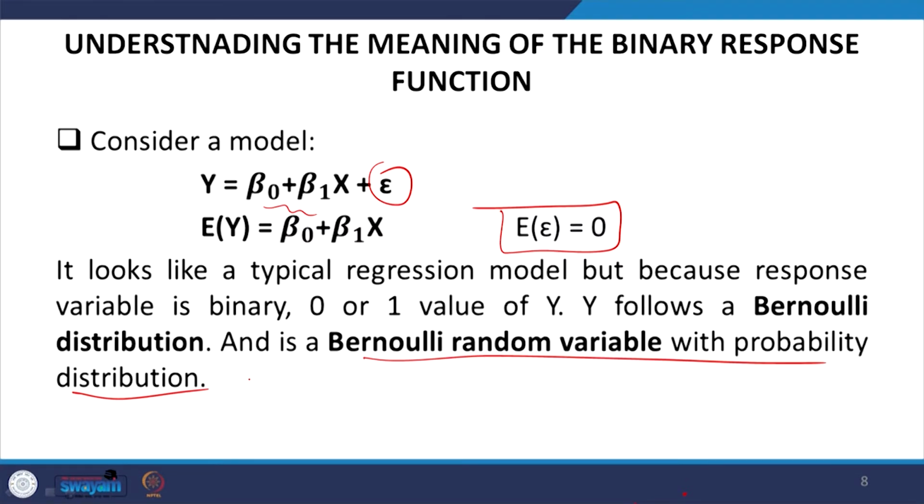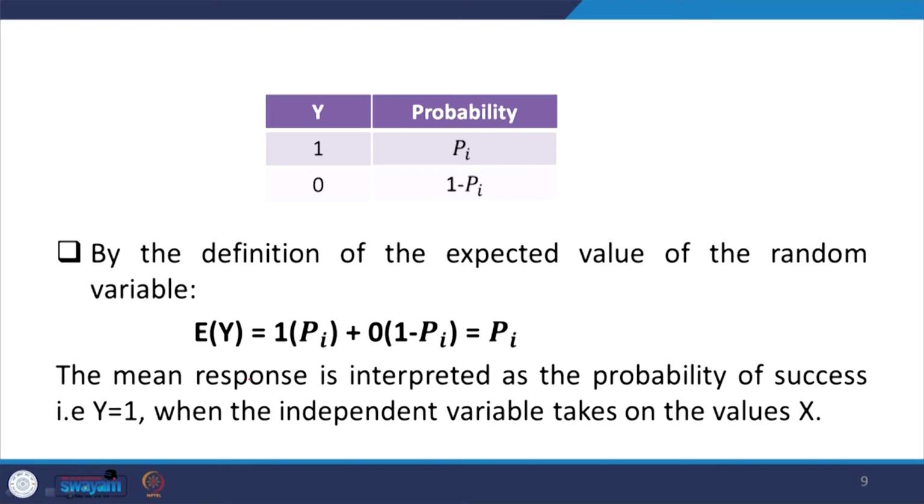What do you mean by that? The Bernoulli distribution takes the values 0 and 1, the binary entries. Here we are discussing how the Bernoulli distribution looks like. As we already said, 1 is having or not having, or success or failure, so accordingly the probability is attached. If it is 1, the probability attached is pi, otherwise it is 1 minus pi.